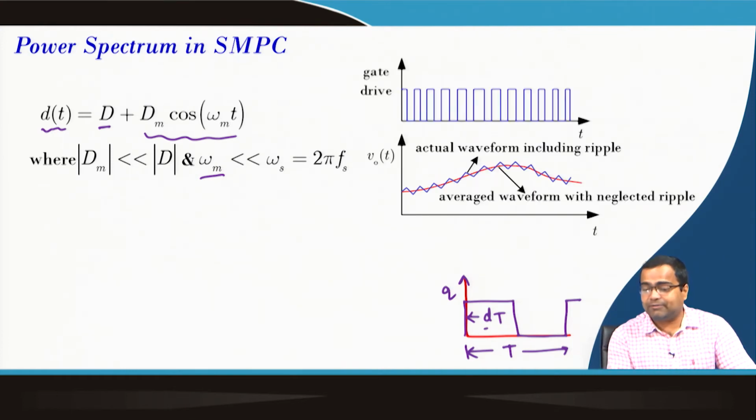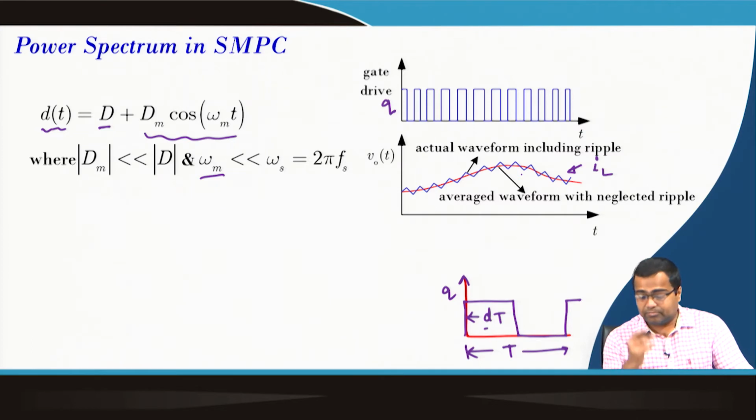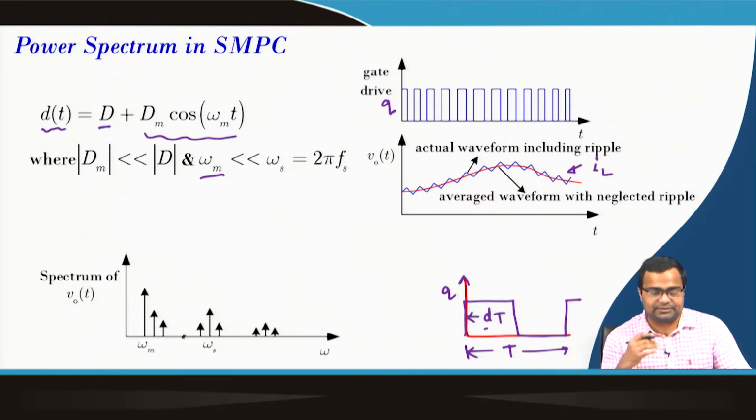Then if we draw the waveform of this converter, where this is the gate signal Q, we can draw the corresponding switching behavior of the converter. So, this could be the inductor current. Now, if the ripple is small, then we can neglect the effect of the ripple and straight away take the average dynamics. But how far is this average dynamics valid?